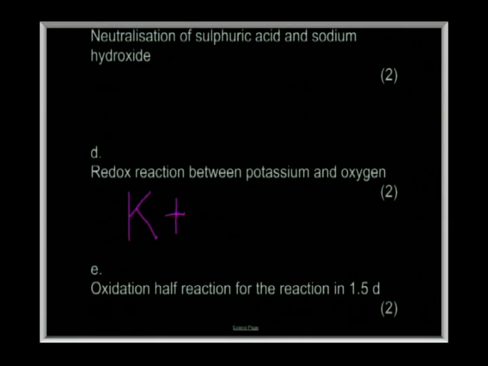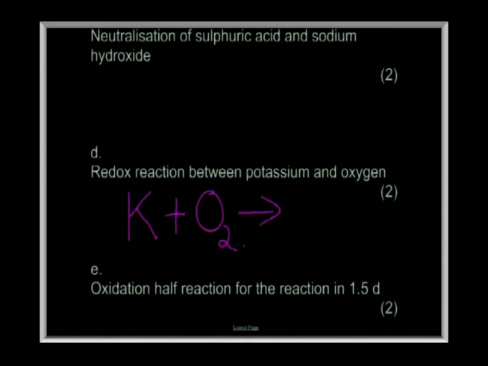I add oxygen. Now, potassium is in group 1 on the periodic table, and all of the metals in group 1 carry a charge of 1 plus. Oxygen, always in a compound, carries a charge of 2 minus, which means that if I put potassium together with oxygen, oxygen being 2 minus and potassium being 1 plus, this won't be balanced, so I'll have to say